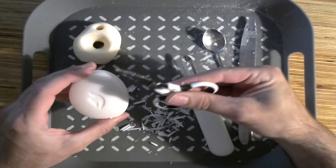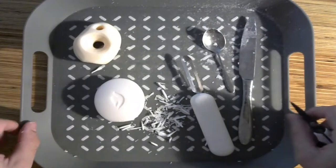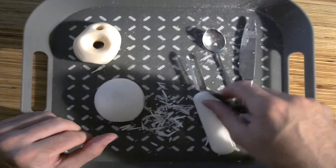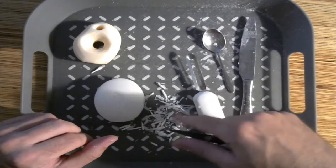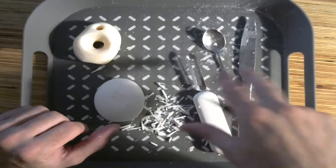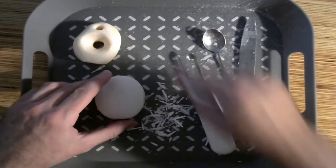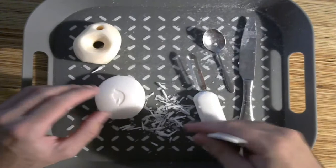So for this I'm going to use the scissors, and I'm going to put it flat on the tray. Oh yeah, by the way, I'm using a tray. It's going to get quite messy. There's going to be lots of bits of soap everywhere. So if you've got a tray or a board to do this on, it'd be much better than doing it straight on the surface of a table. A tray with sides is good, so it doesn't all go off the sides,